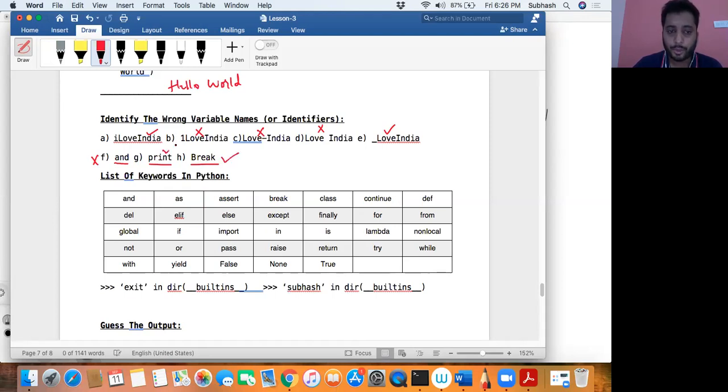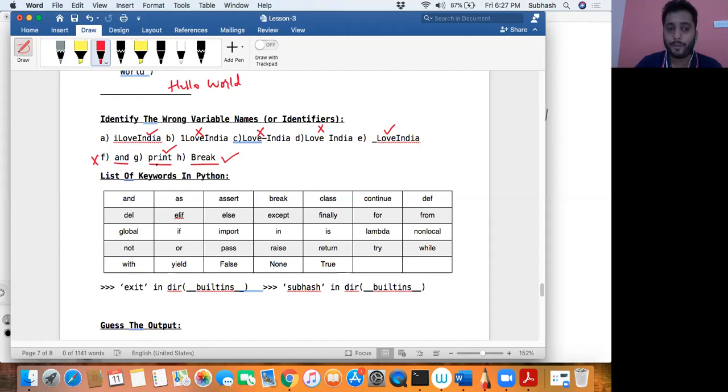Okay, even this one works, right? Now there are many identifiers which are not part of these keywords, but have already been used for specific functionality. Say for example, print. Print is used for what? Print is not a keyword, but its name has already been used by Python as a function name, right? So it basically must not be used as a variable name, isn't it?